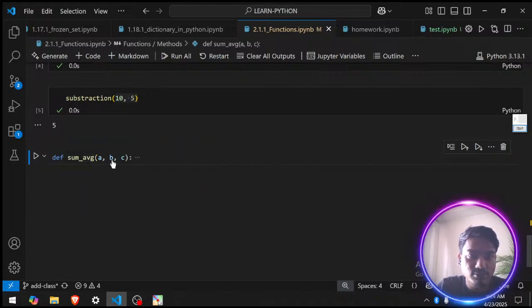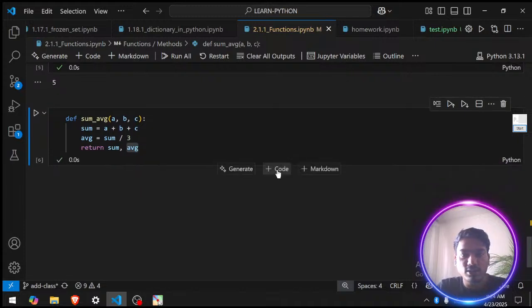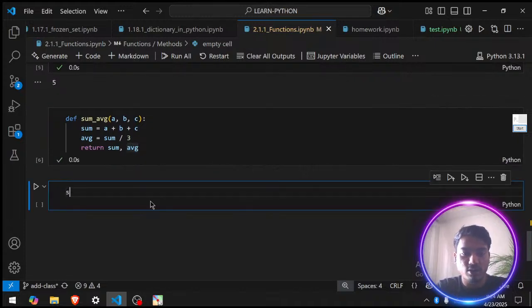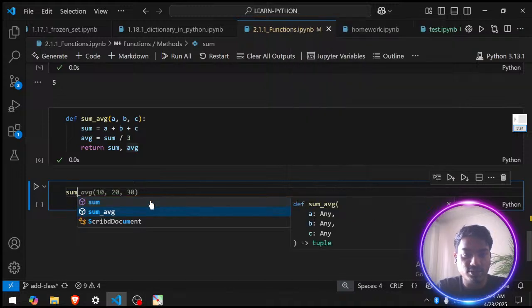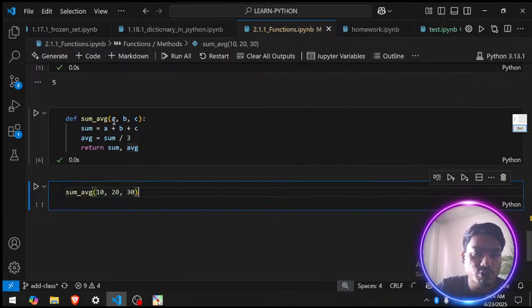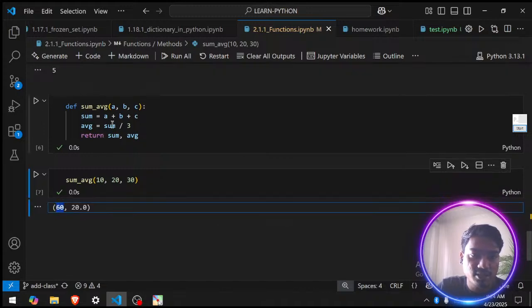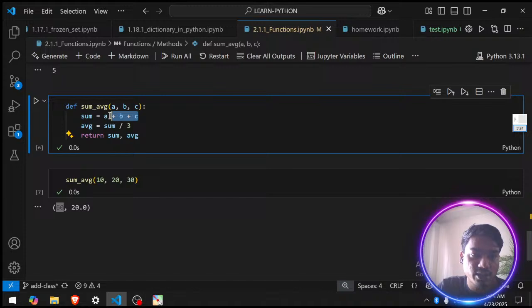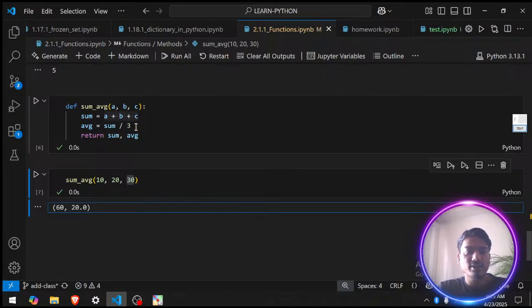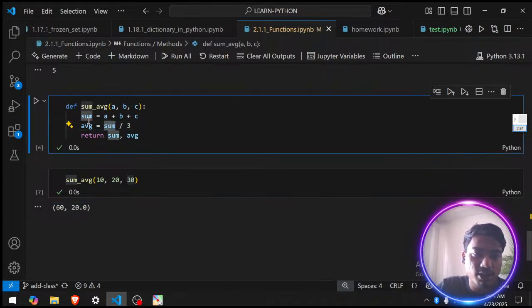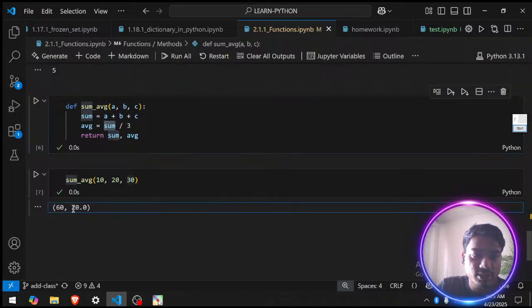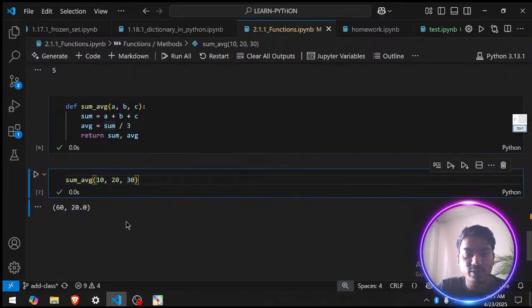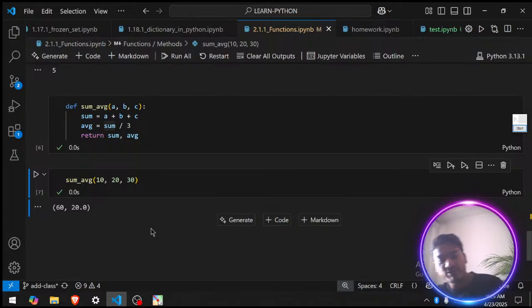ठीक है, if I run this, nothing will be there. But now if I call this sum average function, okay, and I'm passing a value of a as 10, b as 20, c as 30. If I run this, I will get summation as a summation. This summation, like a plus b plus c, 10 plus 20, 30, 30 plus 30, 60, and average. So 60 जो हमारा आया है, 60 will be here, divide by 3 is 20. ठीक है, 20. So what we have learned till now is